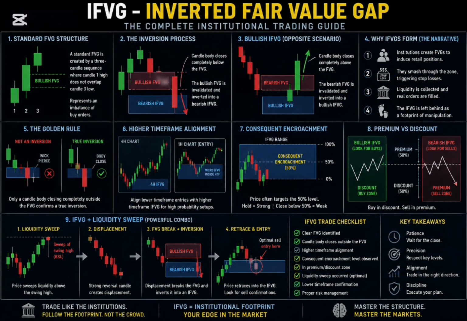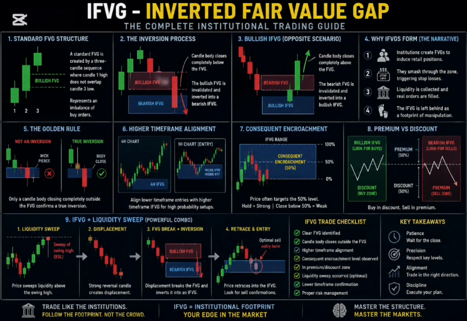This sweep triggers buy side liquidity or sell side liquidity, pulling retail stops into the market immediately after taking that liquidity. Look for a sharp, violent reversal displacement candle. If that displacement candle breaks an opposing fair value gap, it creates the ultimate inverse fair value gap